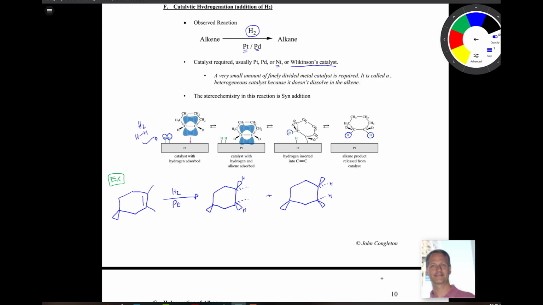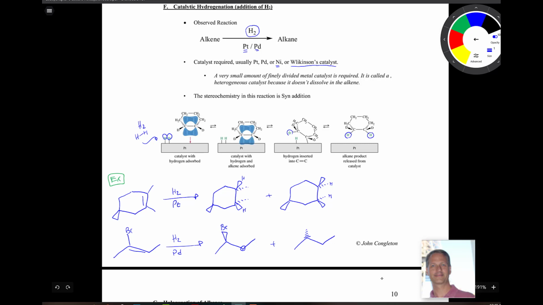So pretty straightforward. Just to do another little example down here below, what if we had something like that? We added H2 and how about palladium this time? It's the same deal. So H adds syn. In the end, that's going to put your bromo group either facing forward or going back. We don't really care about this guy. That's not a chiral center. So we get this